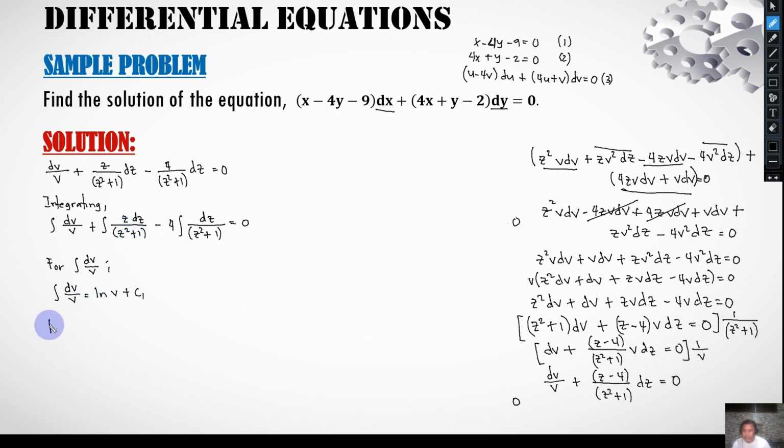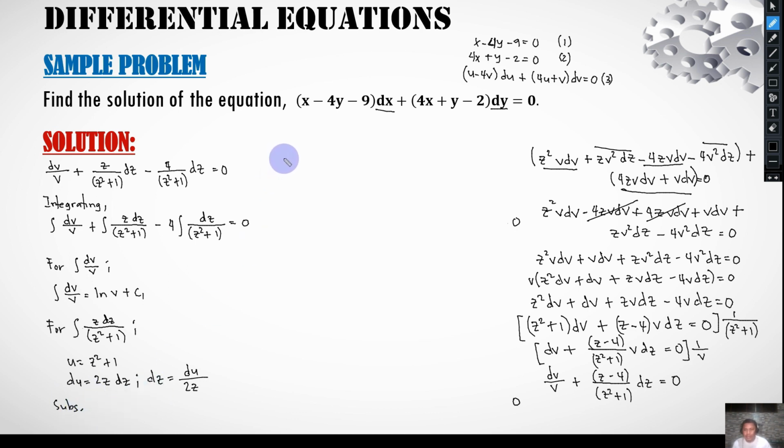Here we assign u equal to z squared plus 1, because if we take the derivative of u, this would be 2z dz, from which we get dz equal to du over 2 times z. Okay? So if we are going to substitute,